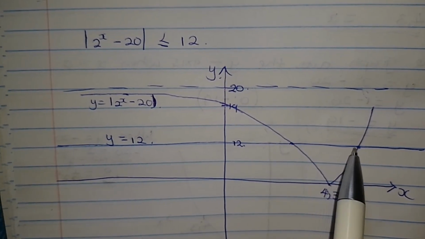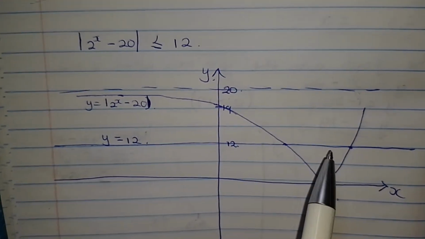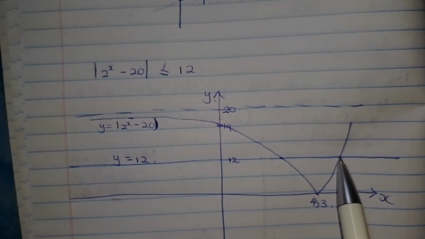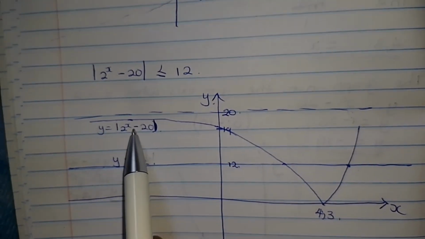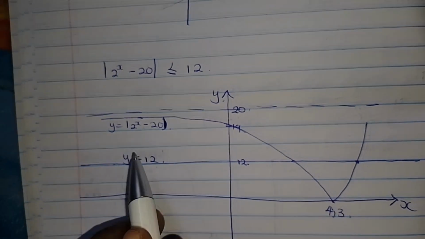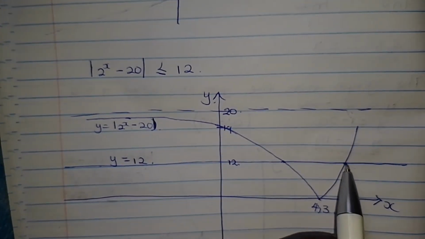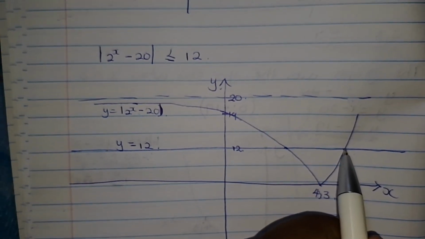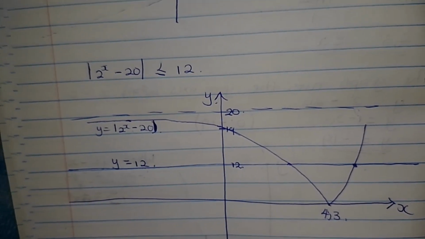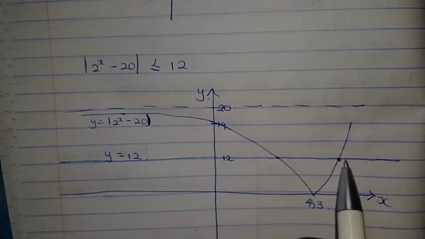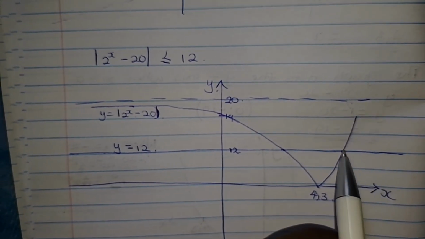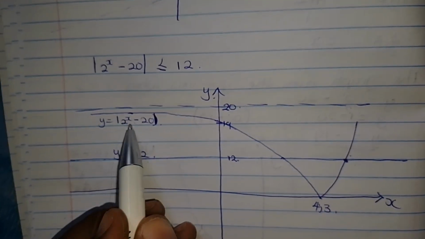We can find the value of x by equating the two graphs. So when these two graphs are equal, we are going to obtain the x value there. So when 2 to the power x minus 20, this is the positive part of this graph,